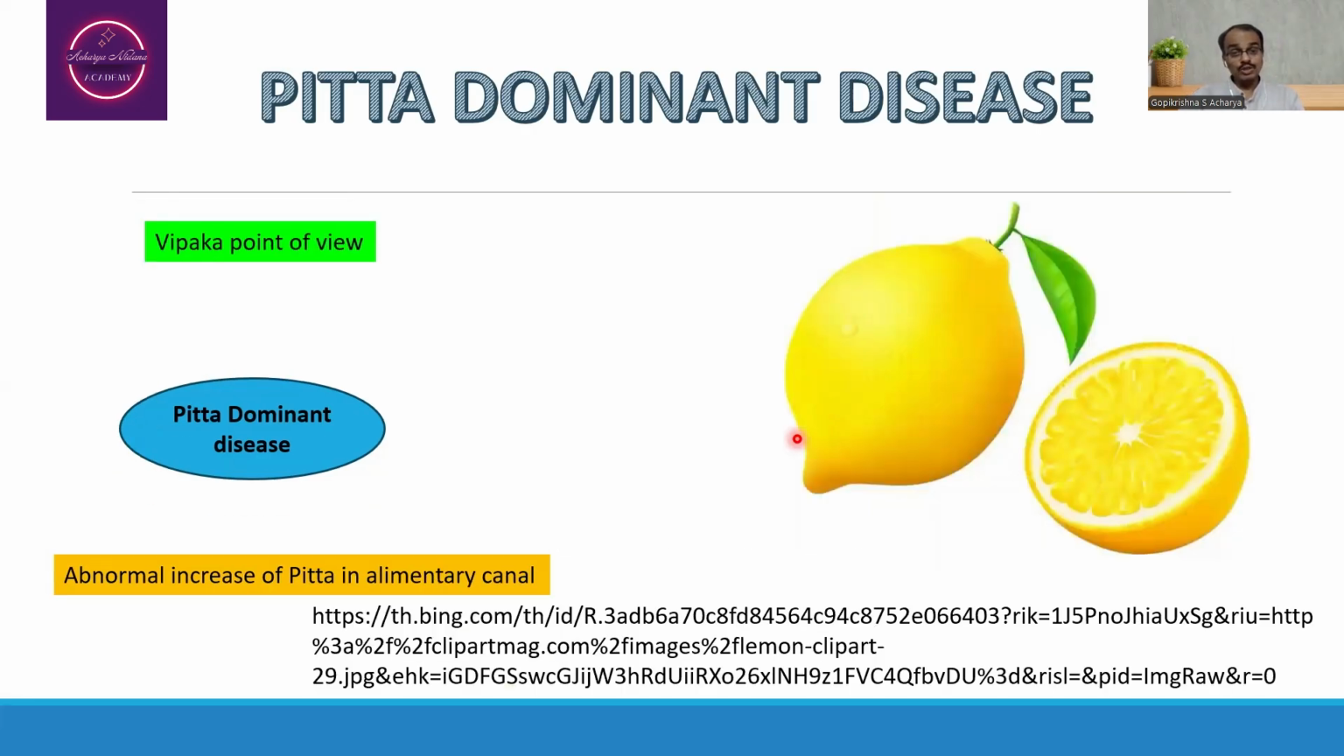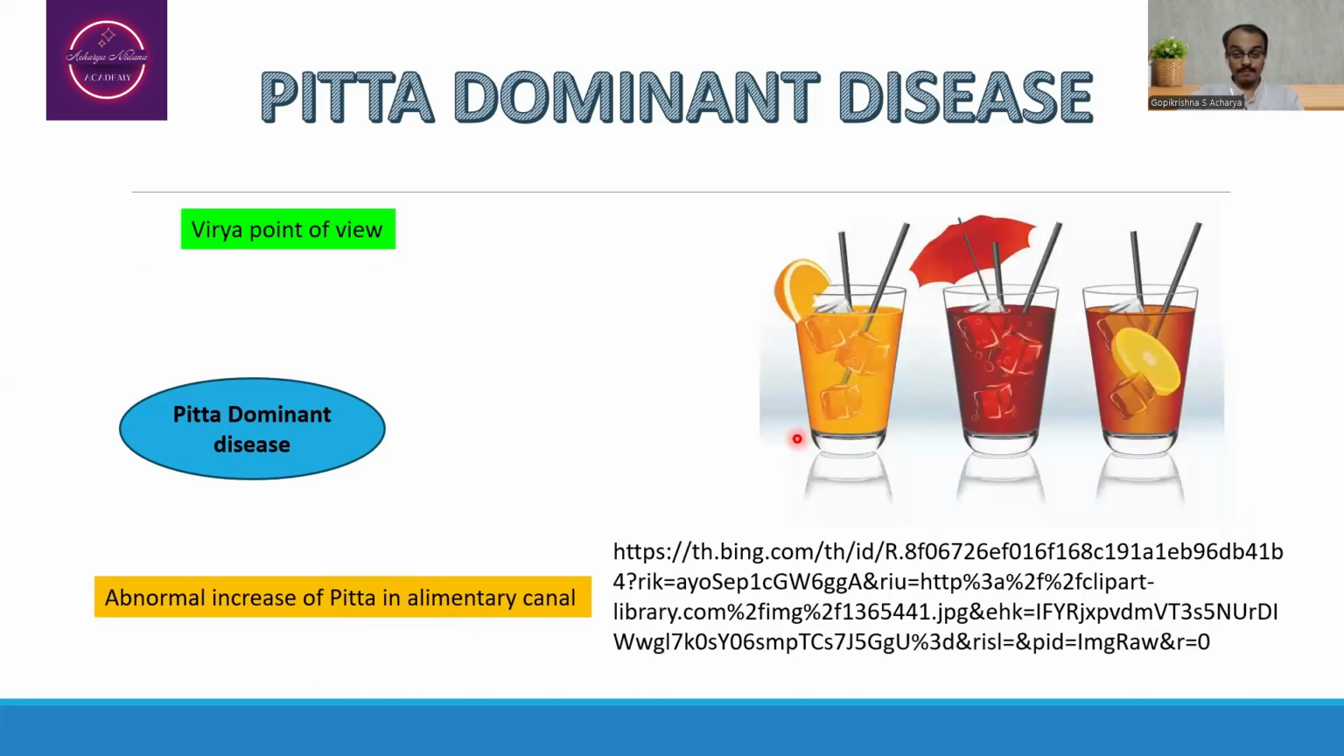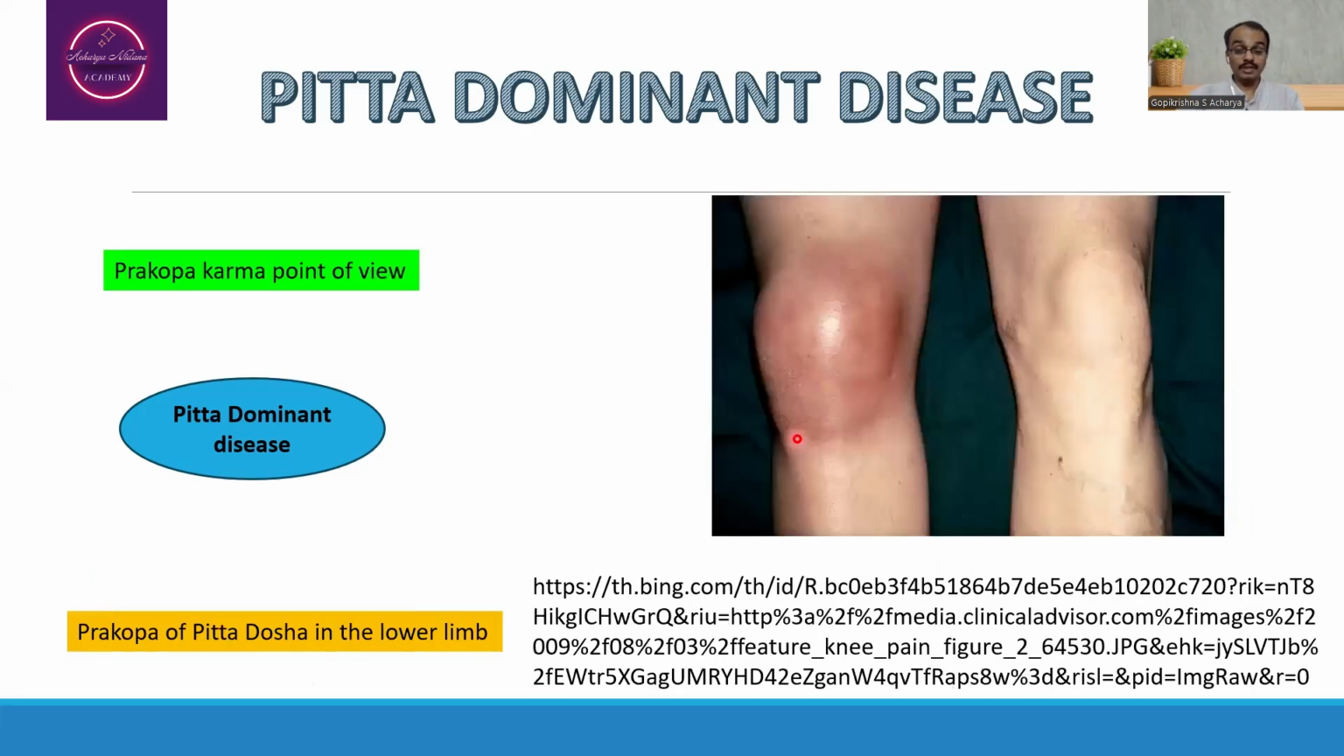Whenever a person is going to consume the Amla Rasa or Amla Vipaka substances, then there will be abnormal increase of Pitta dosha in the body. Virya point of view. If the person is going to consume the Ushna Virya substances, there will be abnormal increase of Pitta dosha. As far as the Prakopa karma is